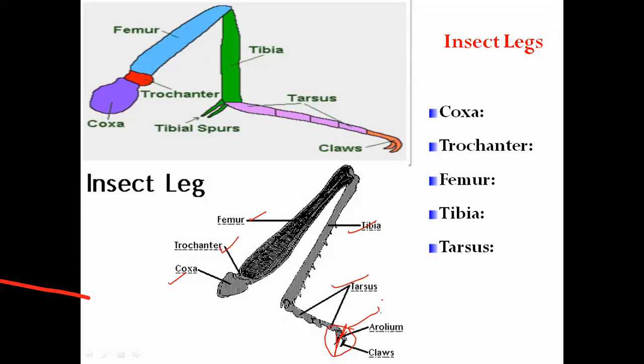Okay, so what is meant by coxa? Now let's learn about the coxa. This is one. This is the basal part, a basal small segment, which is articulated with the body by means of the pleuron region. Pleuron means what? Dorsal, sternum, lateral side of the body. The lateral side is known as the pleuron.